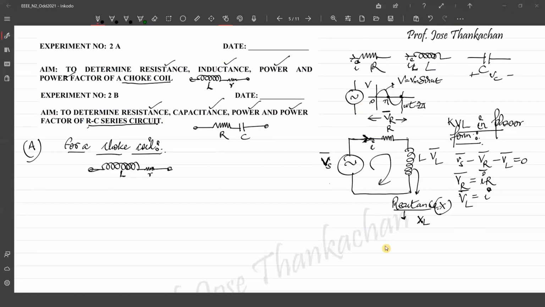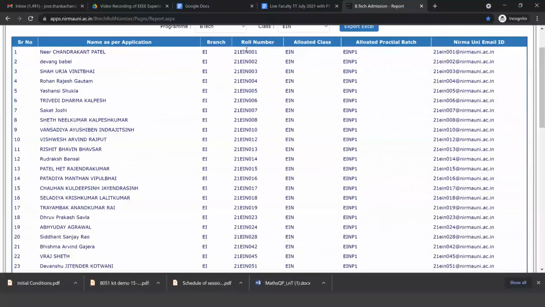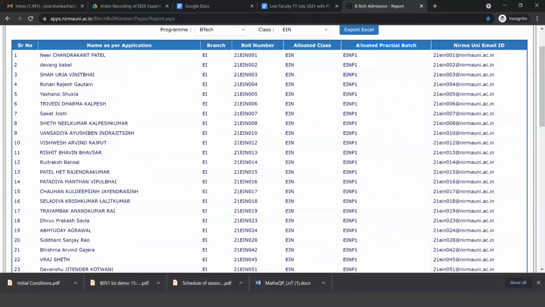Look, I'll just show you what your situation is. Okay, so this is your list. One second. Is this visible to all? So these are your roll numbers. Is it visible to everyone what I'm showing? Yes, sir, the web browser. Okay, so this is your complete batch. In the allocated practical batch, you can see here, these are your roll numbers, isn't it?